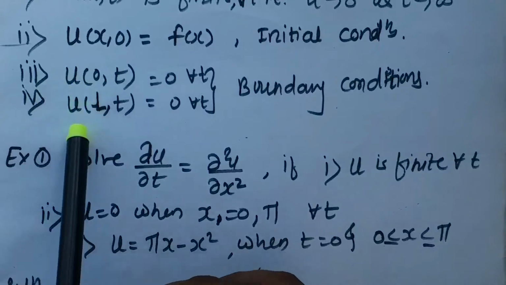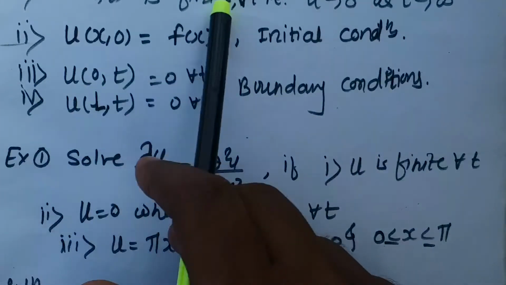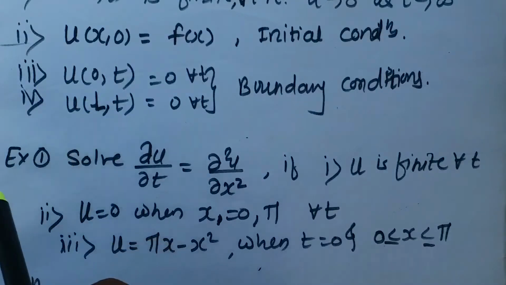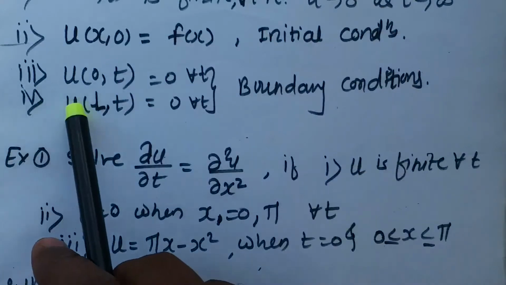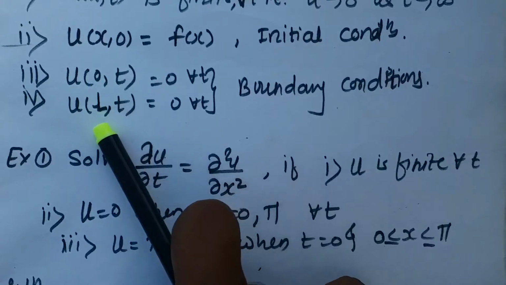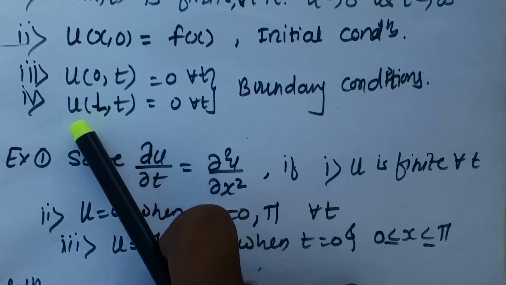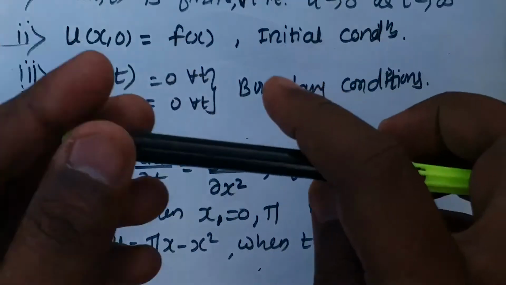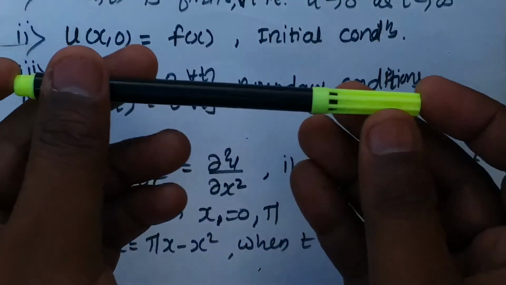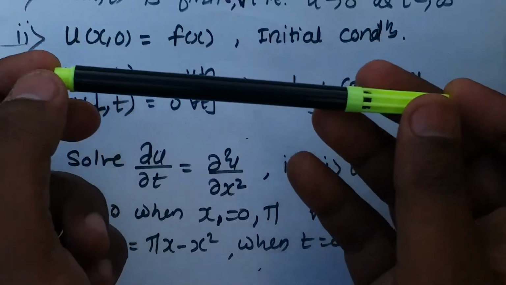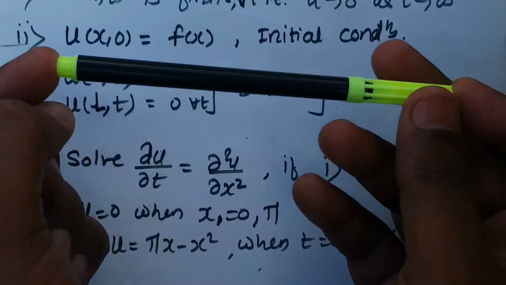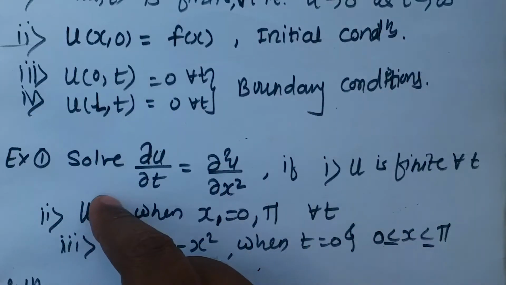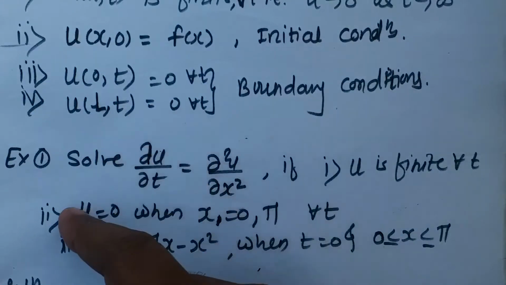And two more conditions, we call them boundary conditions. These two are initial conditions that depend upon time, and these two conditions depend upon the values of x, the boundary points of x. So the first boundary point is 0, the second boundary point is L, that length. At both points we have 0 temperature. At the end points of the rod, just as in the wave equation we don't have any deflection at boundary points, likewise here also we don't have any temperature at boundary points. That is the meaning of boundary conditions.